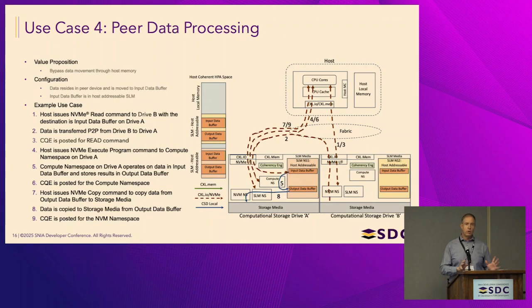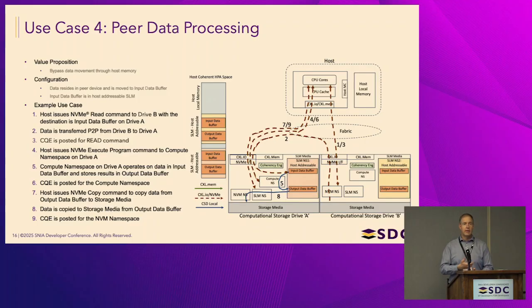All right, so one more peer-to-peer example. This is similar, but no CXL in this example. So we have 2 computational storage drives. One could be a traditional drive for actually the use case, but the intent here is we've got data in drive A and drive B, and we need to get all the data over into drive A